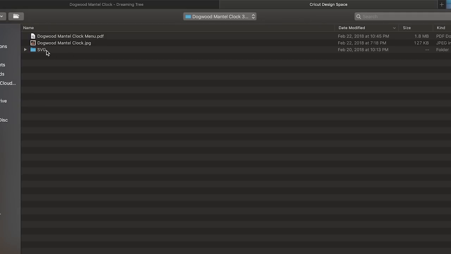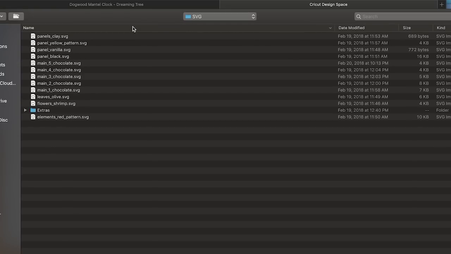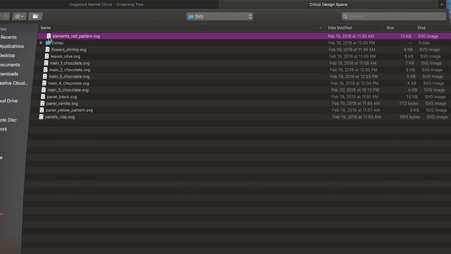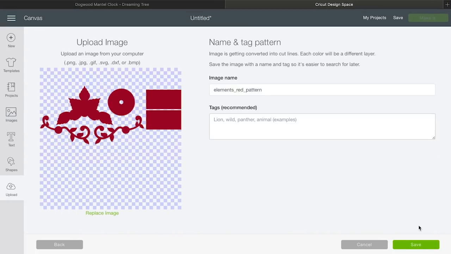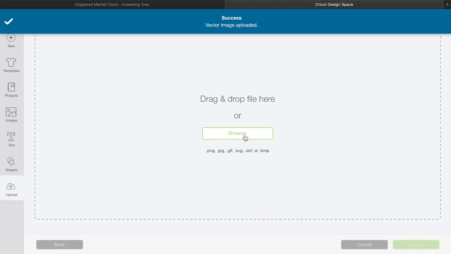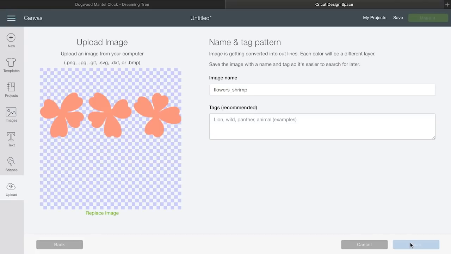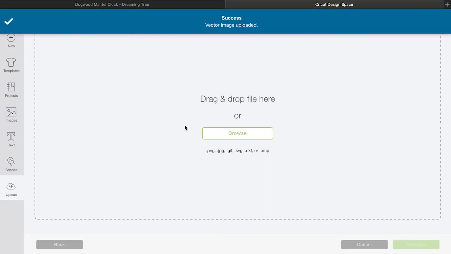So we're going to open up Dogwood Mantle, and inside there we're going to open up SVG. Typically what I'll do is arrange this alphabetically, and that looks right. So just start from the top and select the first one. There it is. I'm going to hit save, and just remember that first one. It's the red one. Then just hit upload again. Go to the next one, flowers shrimp, and hit save. Go to the next one, browse leaves olive,